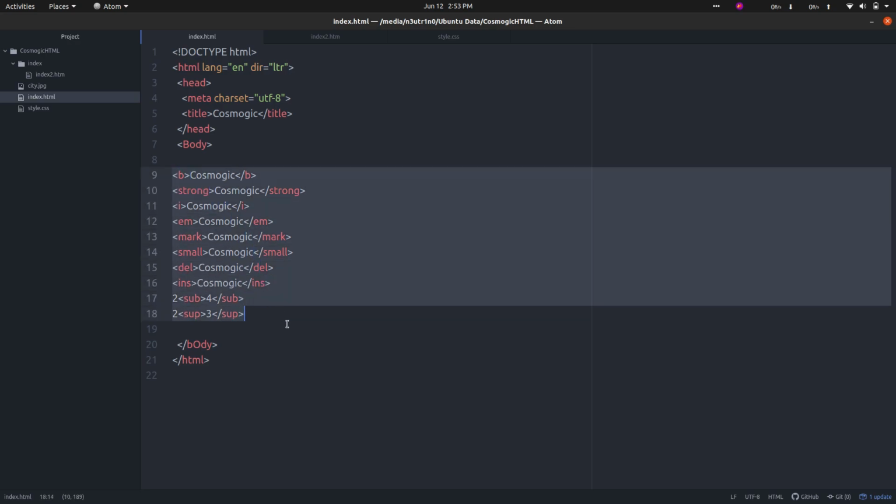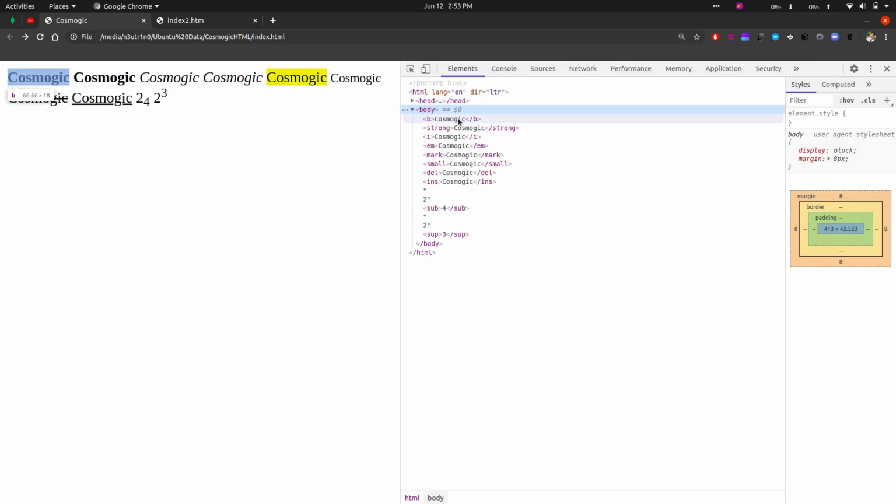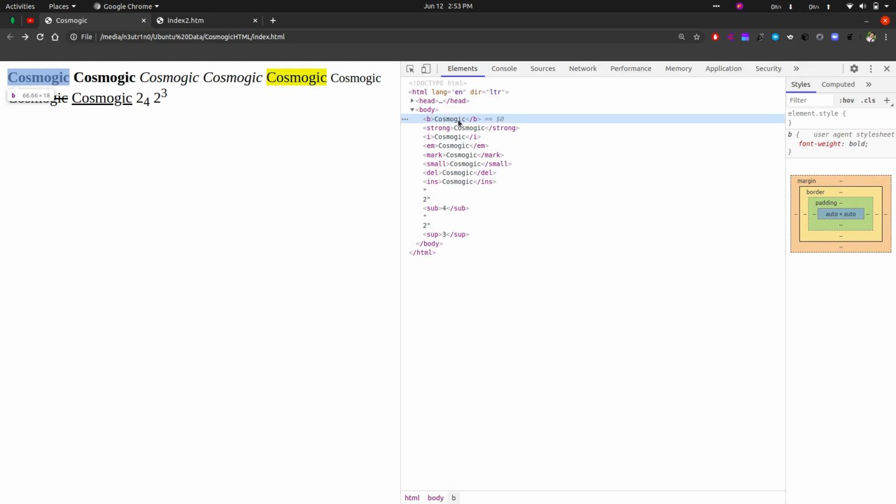So I have written this. Let us go through it line by line in the browser. Let me refresh the page first. Now let me zoom in so that you can view this easily. Now press Ctrl Shift I so that we can view the code.